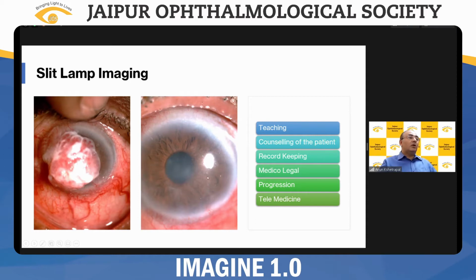So this is how you explain the progression here. Let me annotate. Here is a tumor which is a surface squamous carcinoma, and this is what the patient's eye looked like after 3 weeks of treatment.